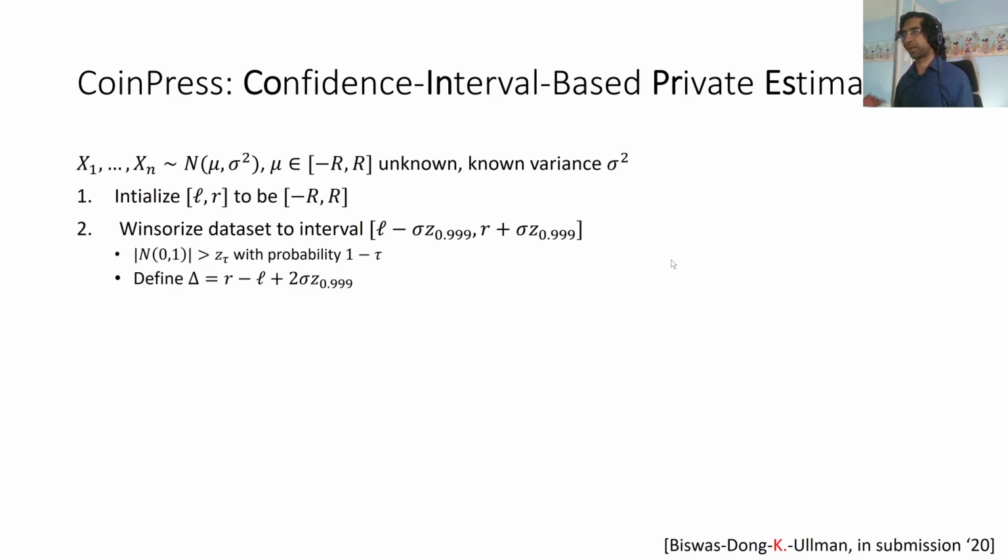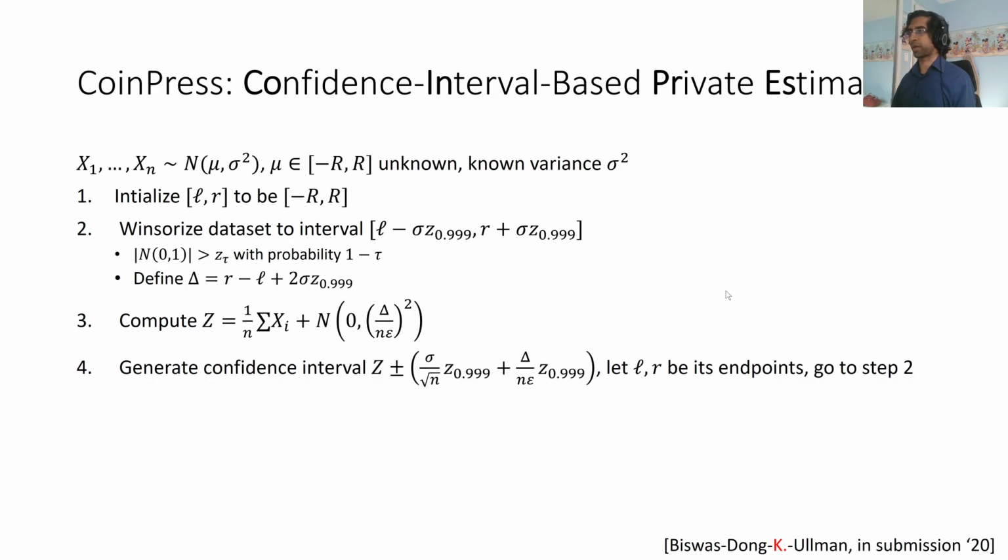So now with this Winsorization, we just do essentially what we did before. That is, you define delta to be the most the summation can change with just one point being changed. And then we compute a point estimate Z for the unknown mean, which is just the empirical mean after clipping and Winsorization, but noised according to Gaussian noise with a standard deviation delta over n times epsilon. So this is where the first algorithm I told you ended, the strawman algorithm.